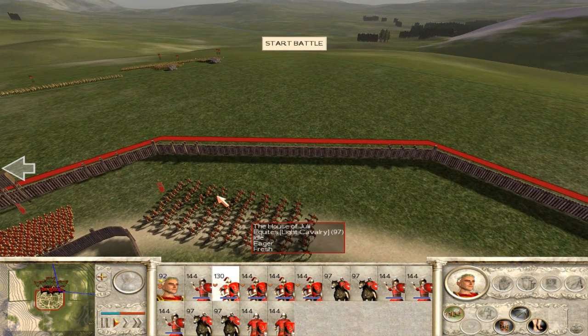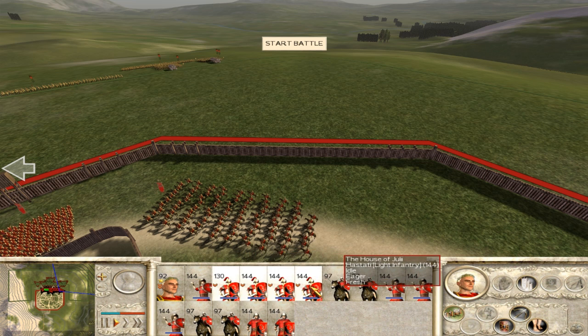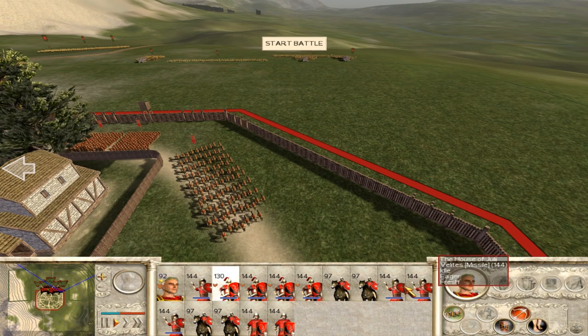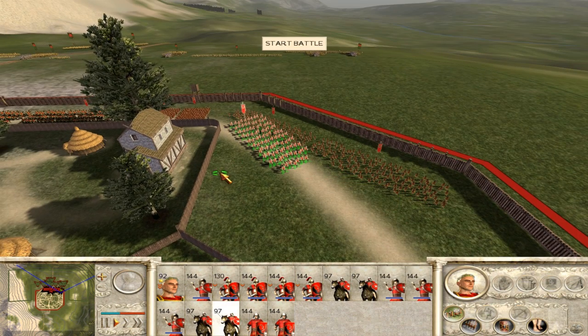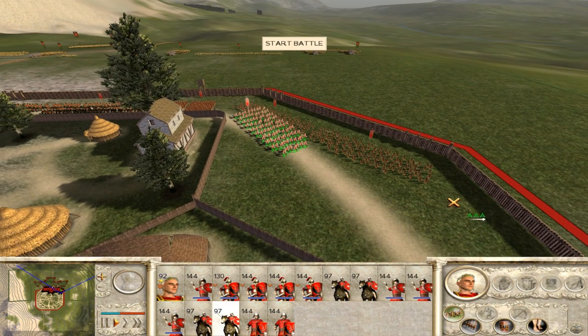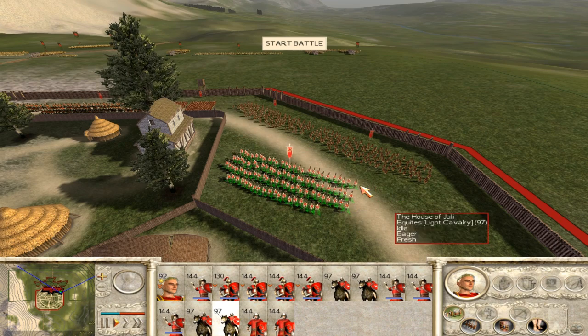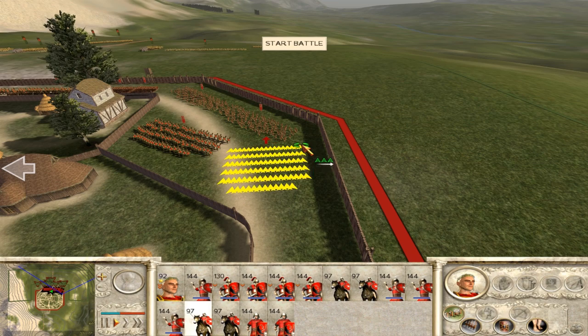First of all, take all these guys off their retreating settings. Put all these guys on fire at will. Gonna put 2 units of velites over here, fire at will. Keep some cavalry back here for support. They know they're gonna want it. For 2 units, would be nice. And then,